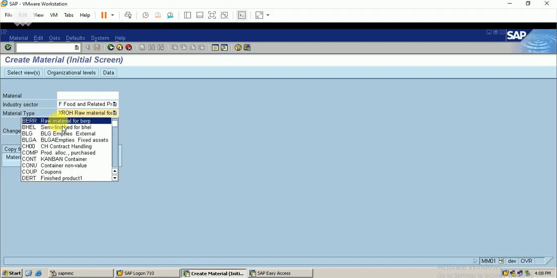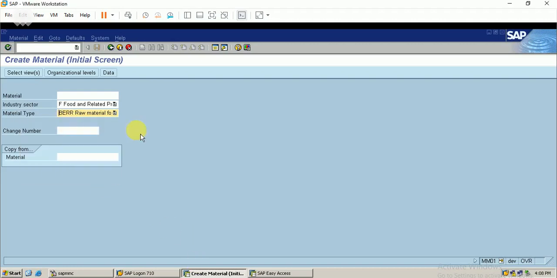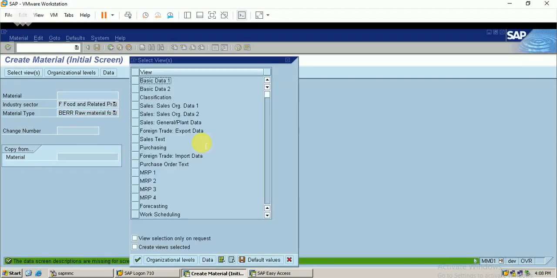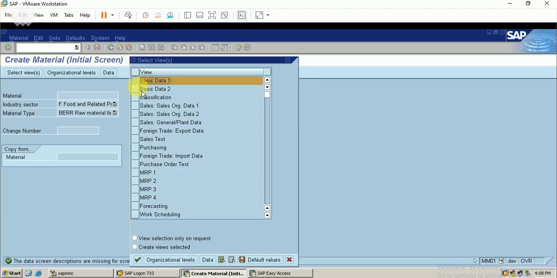So I just select the raw material for MRP, select views. So these things I have discussed in a separate video. I have implemented the material master total configuration. I will share the video in my playlist also. You can see it.